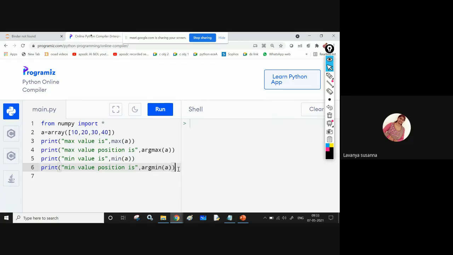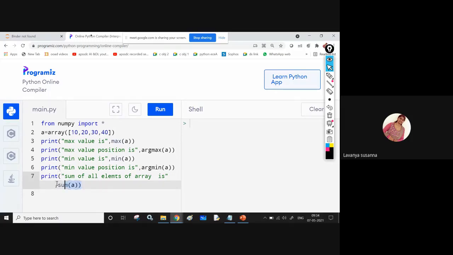Minimum value completed. Next, sum of all elements in the array. Sum of all elements of the array is, what is the function? Just use sum of a.